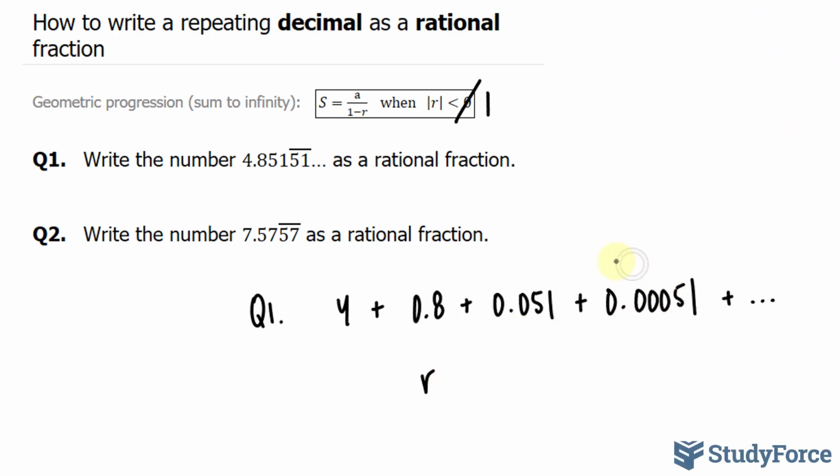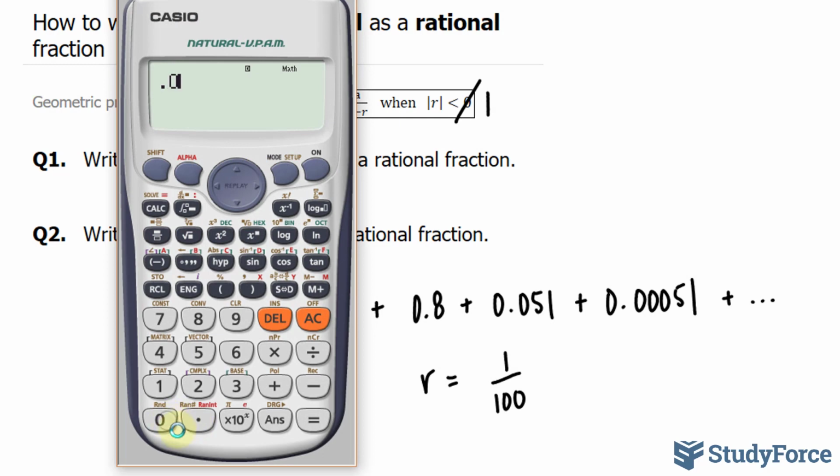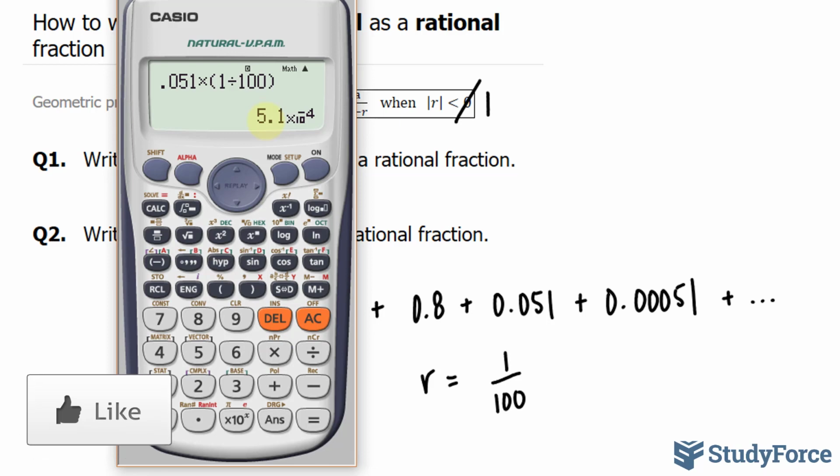So since this is the repeating portion, that's the only portion that I'll focus on. What do I multiply 0.051 by to get to this? R needs to be 1 over 100, because in order to go from here to here, you divide this number by 100. And if you divide it by 100, you take the reciprocal, and that's 1 over 100. Now let's double check if that's correct. 0.051 times 1 over 100 gives us, as predicted, 5.1 times 10 to the power of negative 4, which is